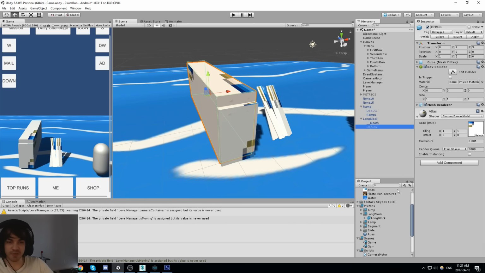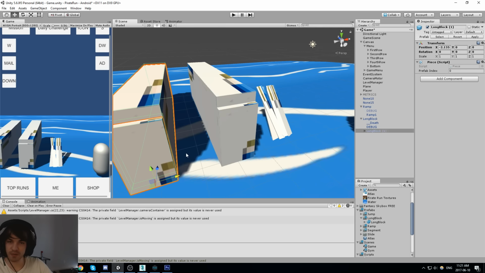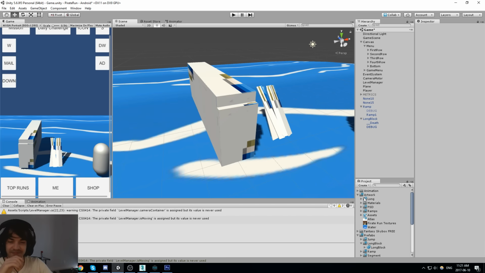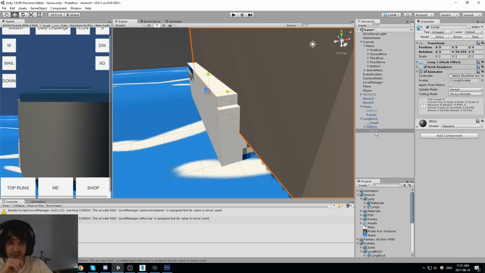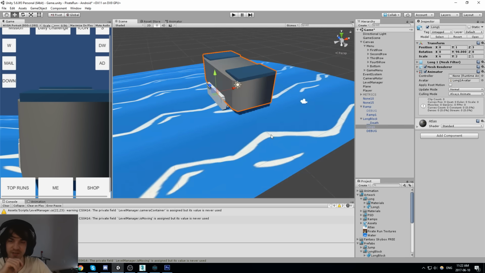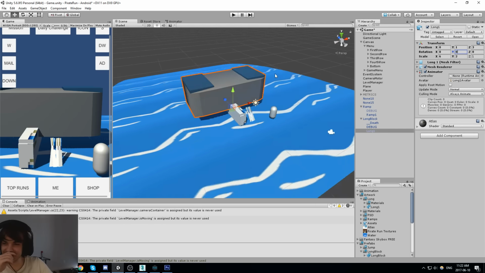Let's go back to the game a bit. So that's my dev, okay, cool. Let's add the long block to it. Where is it? Okay, so that's my prefab. Whoopsie. Here it is. Looks a little bit odd, doesn't it? What's up with that? Why is it on this axis?